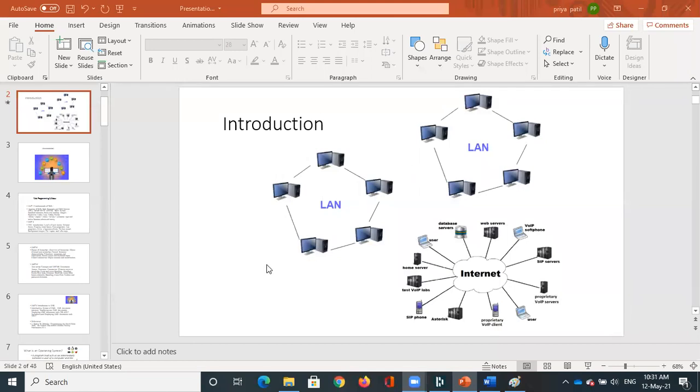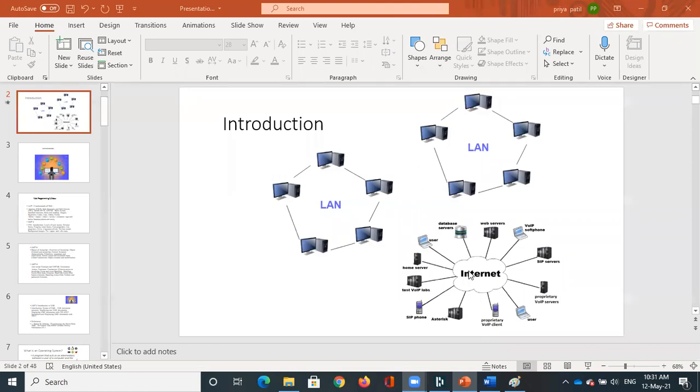So I can have n number of networks. I can have a network in our college, a network in JSS college, a network somewhere in Bangalore, a network somewhere in the US and so on. To communicate with all these different networks present at different places, to connect to computers spread over different regions of the earth, and to share information, we require the internet. So the collection of these networks, we call it the internet.